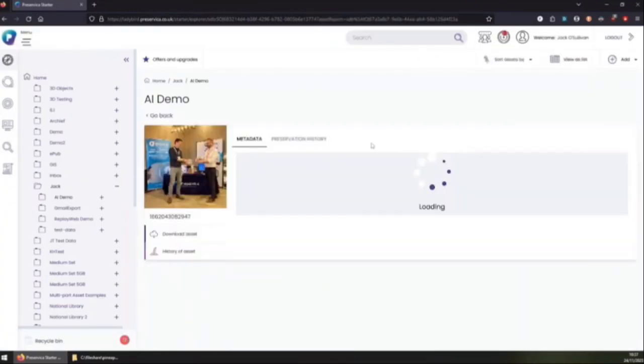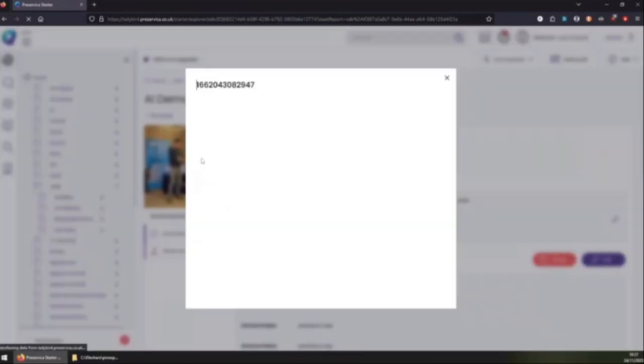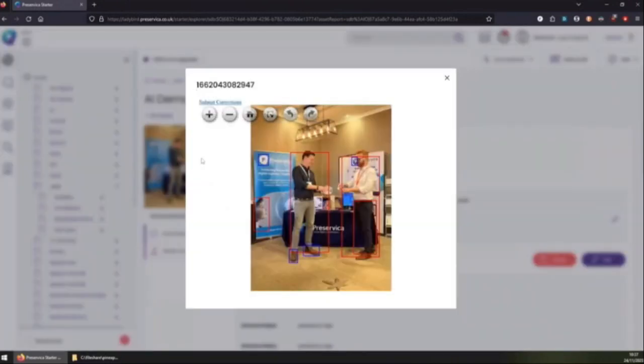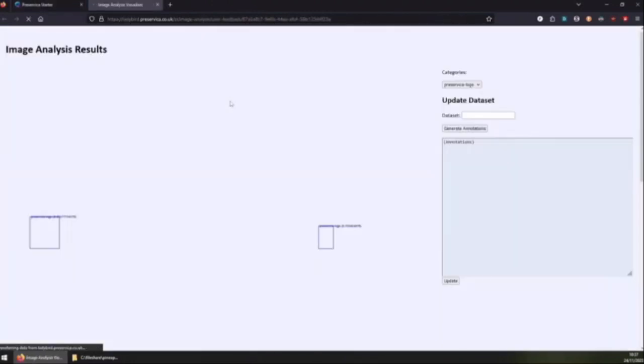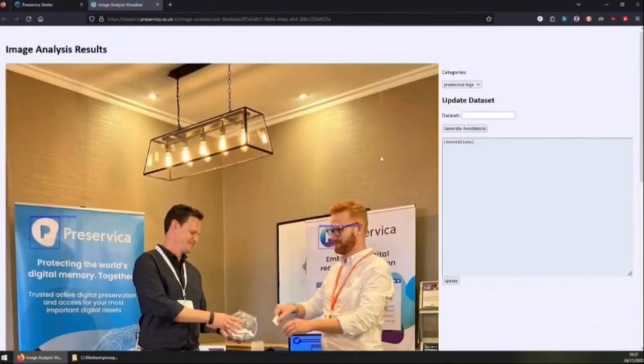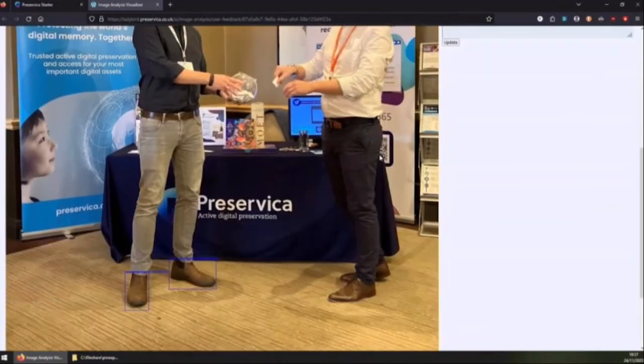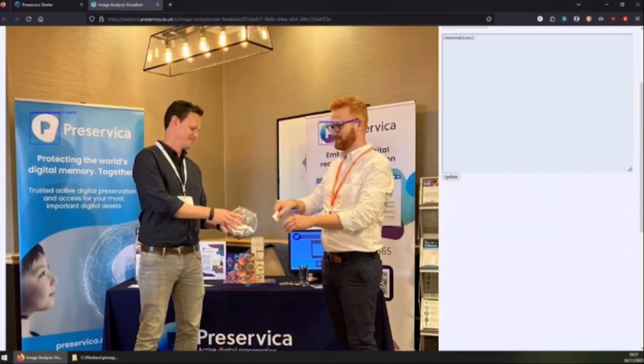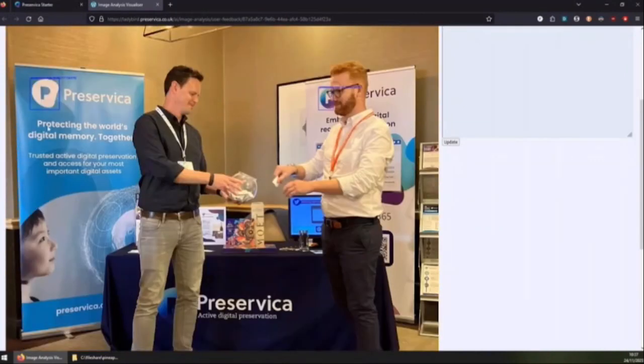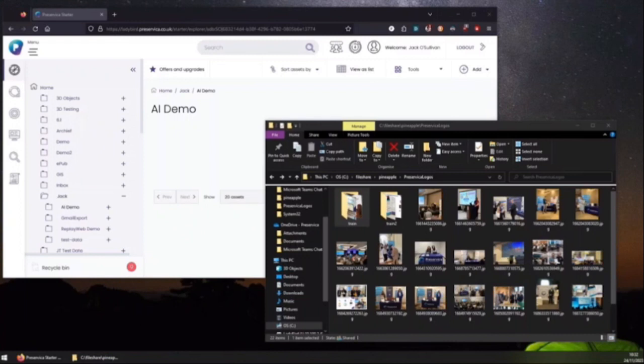And the reason for that is that the model that we used had very little training data in it. So I only used a sample of a very small number of images. And I was highlighting where the Preservica logo was in those images. But the common object model is going to be working on a data set of thousands. For this one, it was working on a data set of maybe 7, 8 images. But what we can do is go in and see all of those things that it's detected as Preservica logos.